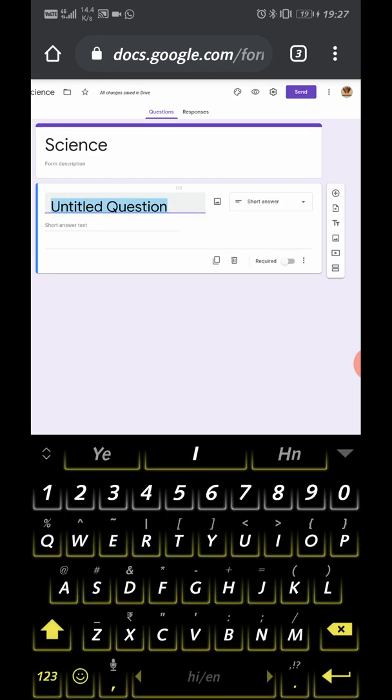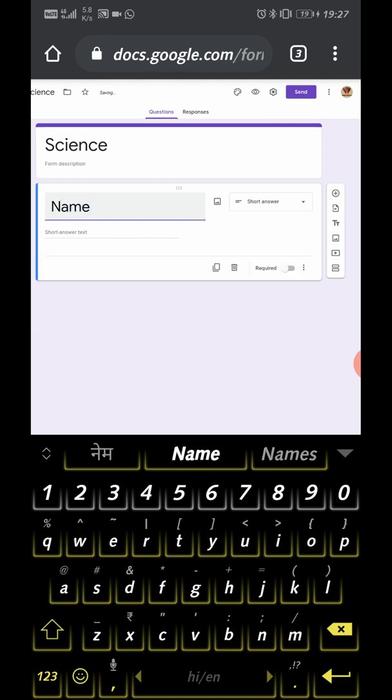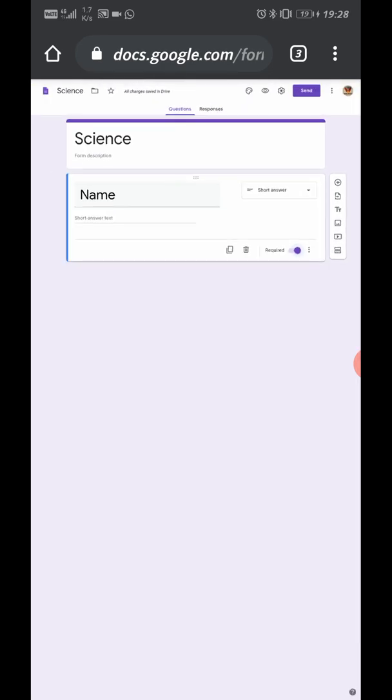Write here name. Here the students will write the short answer as his name or her name and then make it required, means the students have to write it compulsorily.